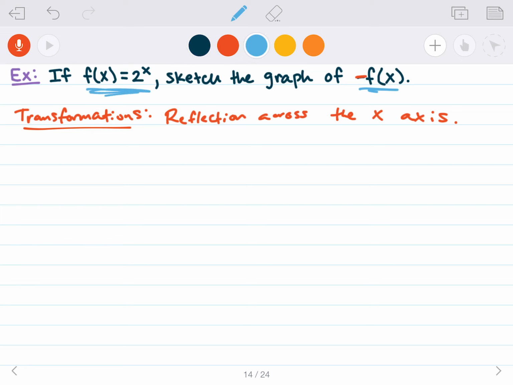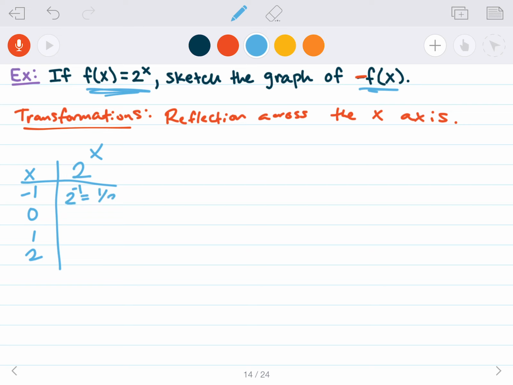parent function here, which is 2 to the x. Just a brief little table here. And I'm just going to pick some random points, some nice easy points to work with. How about -1, 0, 1, and 2? That seems like enough. Well, if I plug in -1 to x, I get 2 to the -1, which is